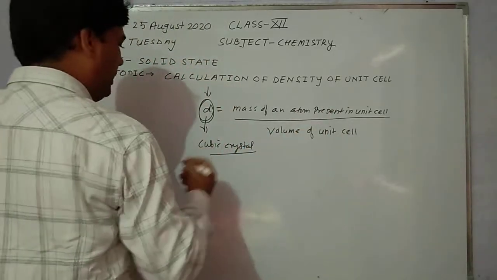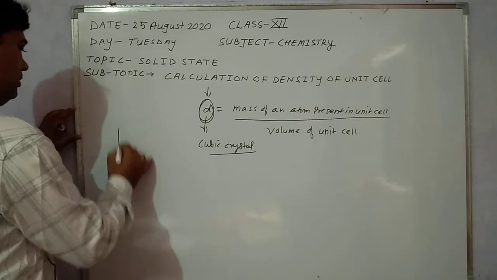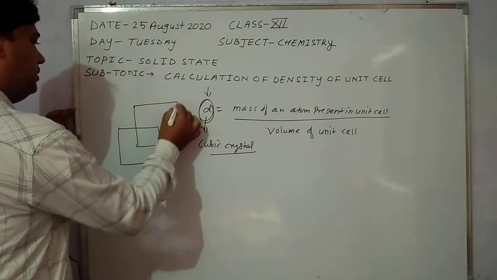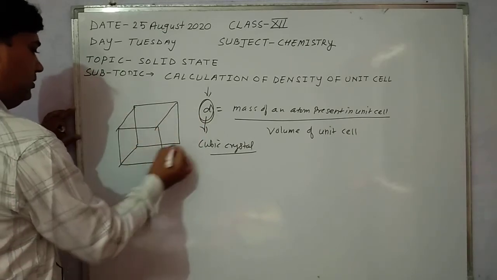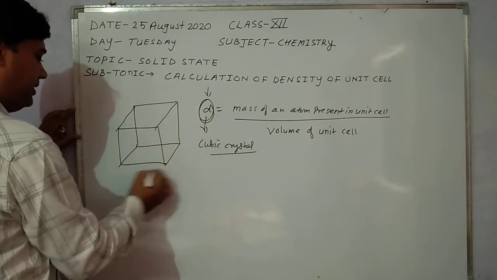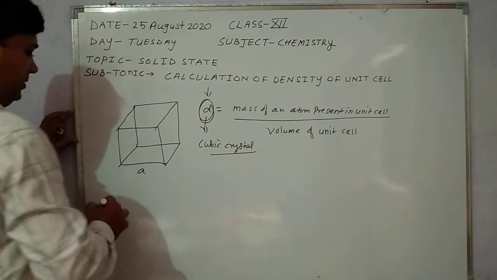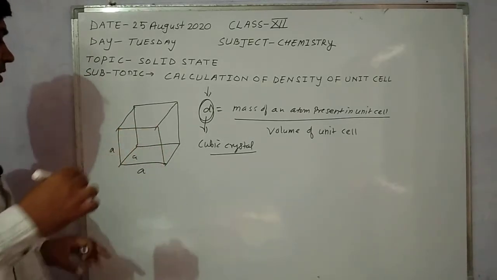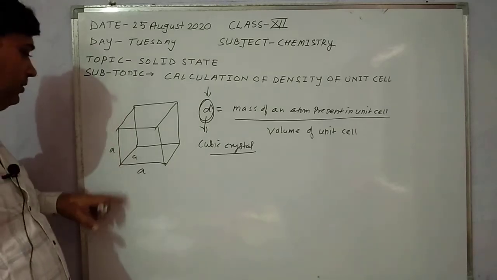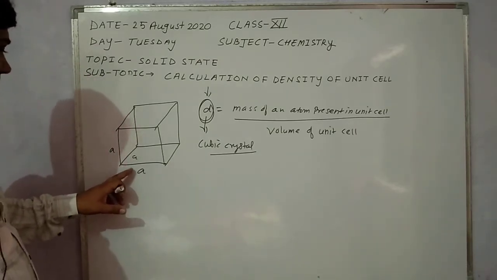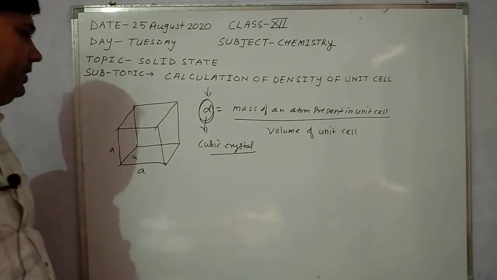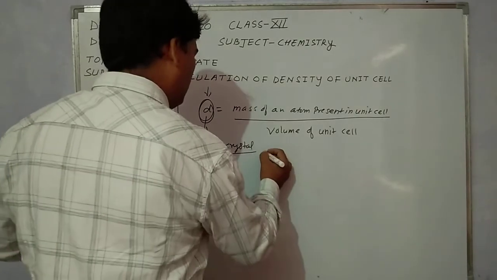First, for a cubic crystal, you have to calculate the edge length with the help of X-ray diffraction. This is a and a, because in a cubic crystal the edges are the same, so length, width and height are equal to a. So volume